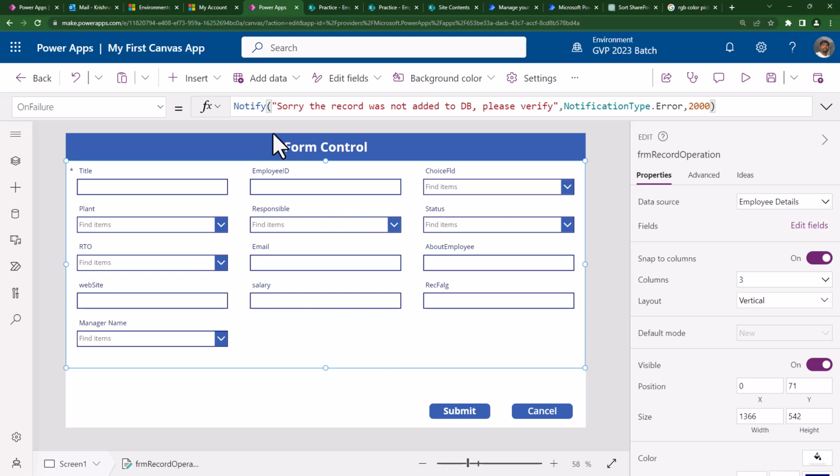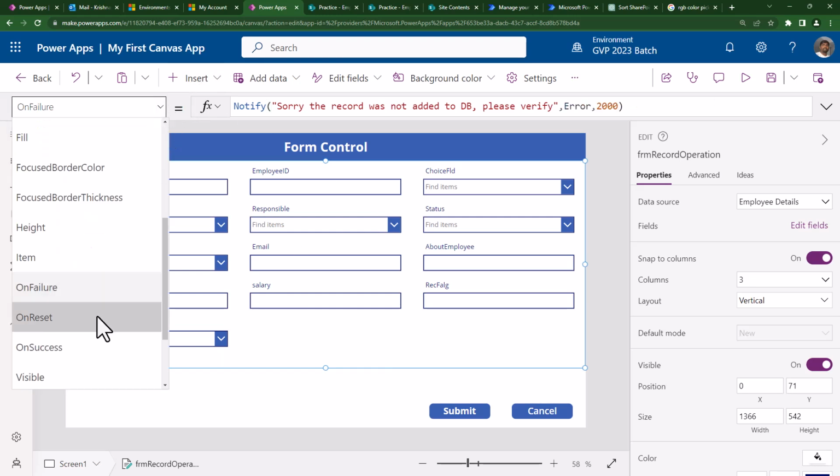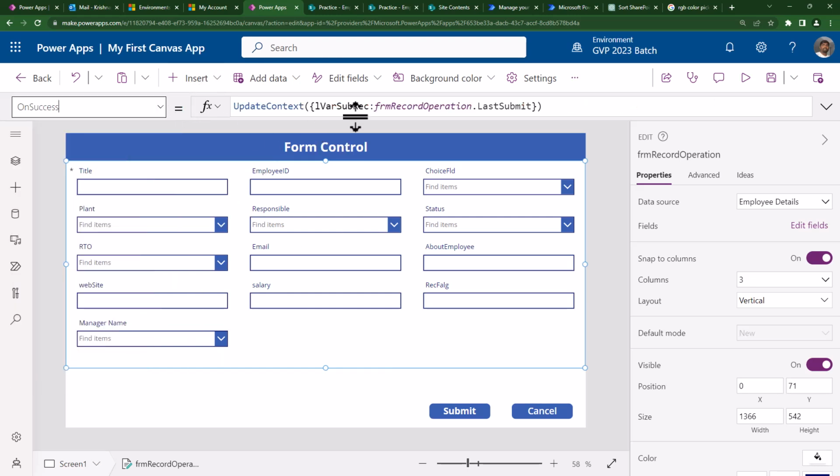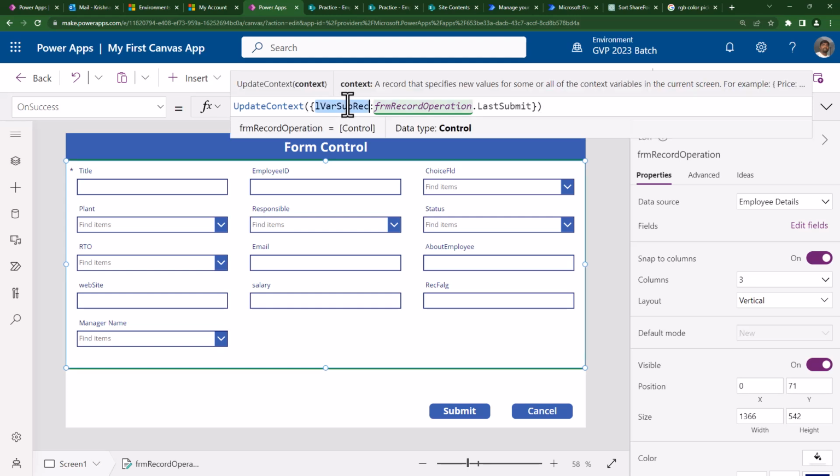Okay, so I repeat, on success I am capturing that recently submitted record, and on failure I'm showing